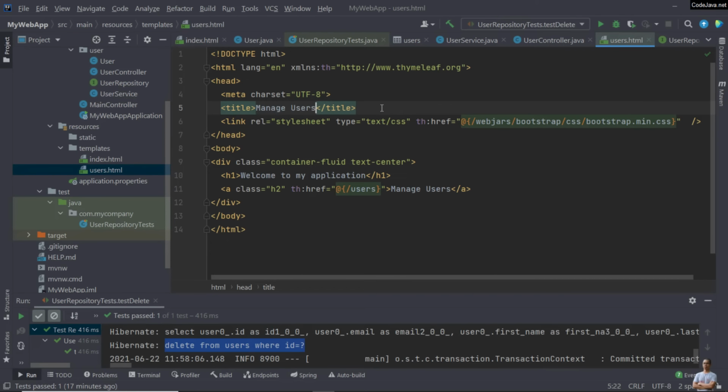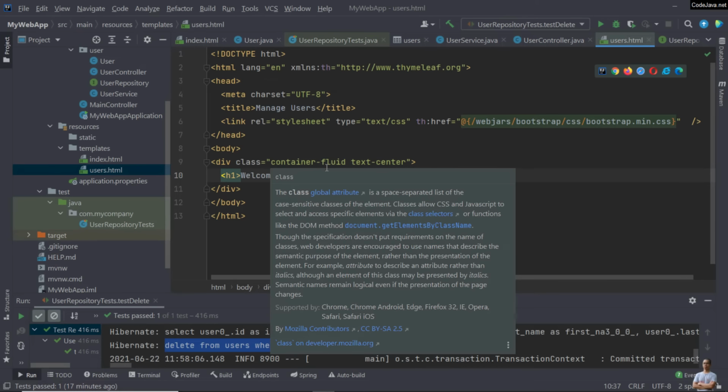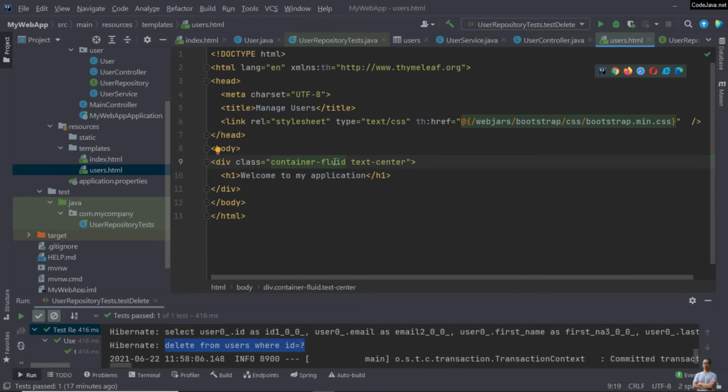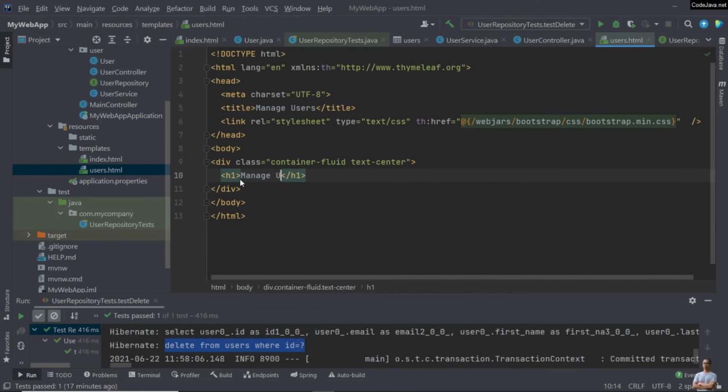For this page, you see we use the Bootstrap CSS class container-fluid for responsive page, and text-center for centering the text, and the heading of the page is Manage Users,